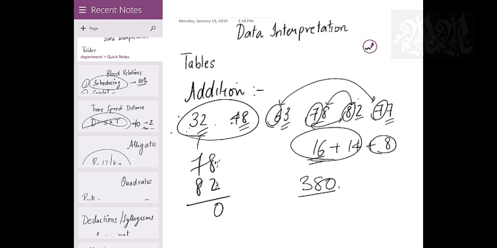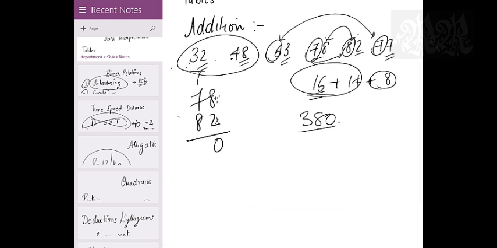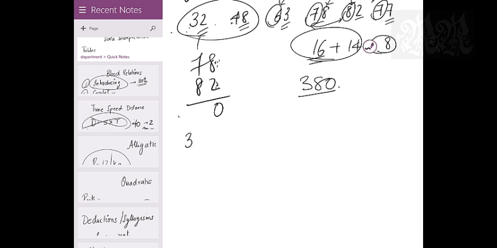So always when you add, keep in mind you always go for these kinds of observations, wherein you can merge numbers and get the answer sorted much faster than the time you would have taken otherwise. For example, let's take one more set just for practice. Let's say I have 33, I have 68, I have 75, I have 84, I have 72, and I have 87.